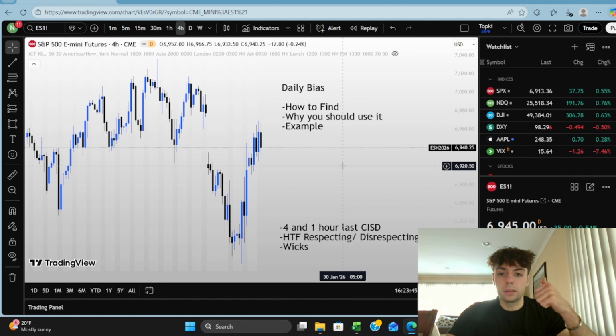Okay, so based off that, the 4-hour is bullish, the 1-hour is bullish. The 30-minute, we're respecting more bearish gaps than we are bullish. However, on the 1-hour and the 4-hour, we're respecting more bullish gaps and we are disrespecting bearish gaps. Therefore, I am bullish, which would lead for me the next step to be finding all the draws on